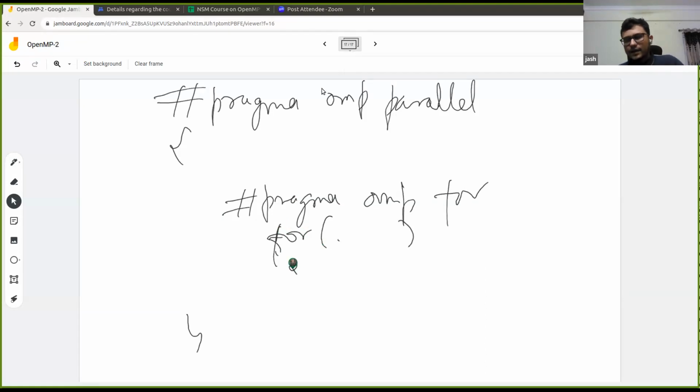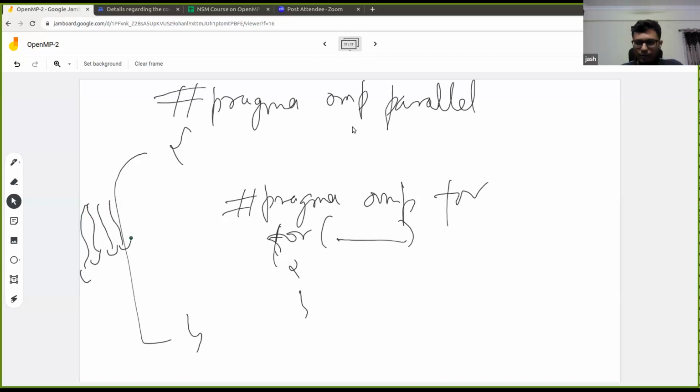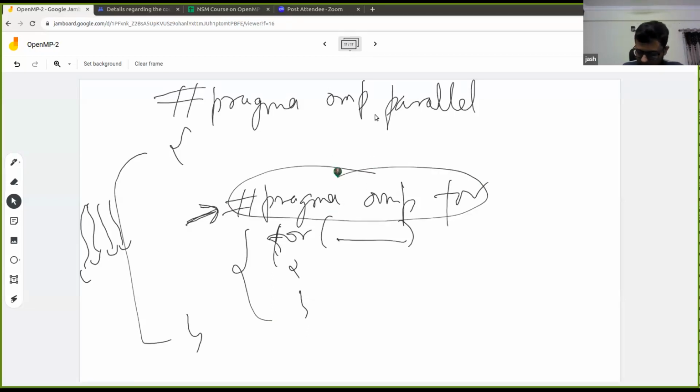So what will happen in this case is that this is the parallel region now, right? So there will be multiple threads running this parallel region. Each thread encounters this part, and whatever loop follows it, it will divide the iterations. So this #pragma omp for is a work sharing construct, right? Here all the threads, let's say there were 4 threads, will divide this loop of, let's say,